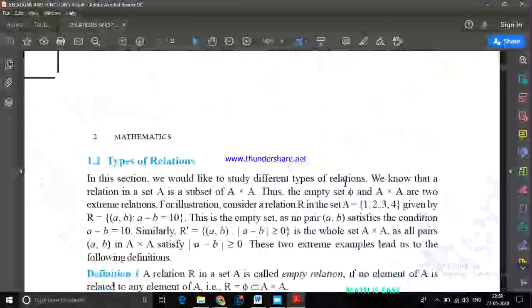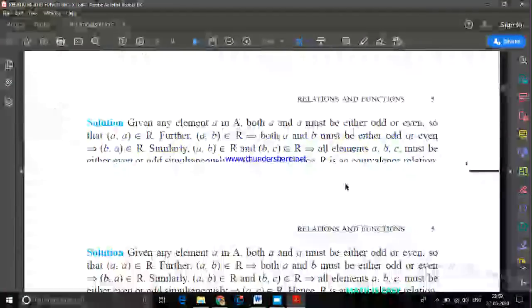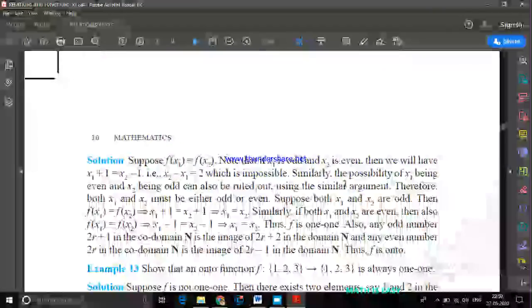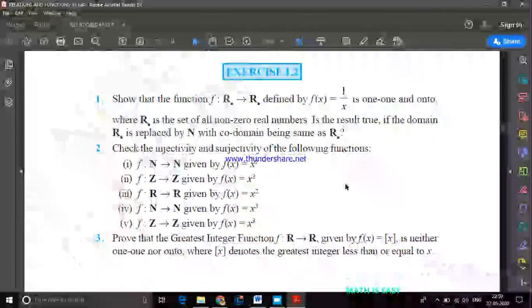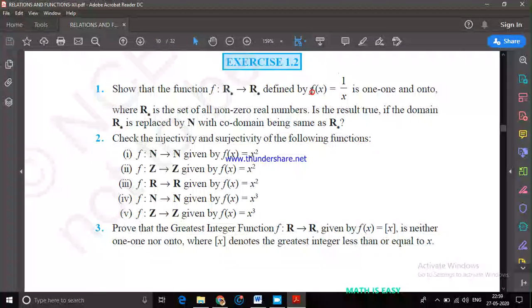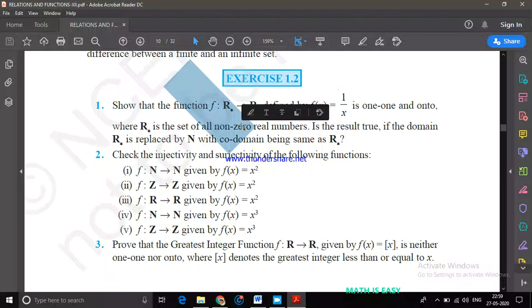Let me show you one. So what is this second exercise talking about? Yeah, these are the things which you have. Like if f of x equals 1 by x, that is the function given. We have to prove that it is defined from R star to R star, where R star is the set of all non-zero real numbers. Non-zero real numbers means here the x value or y value cannot be 0. Other than 0, you can consider all the rest of the real numbers.